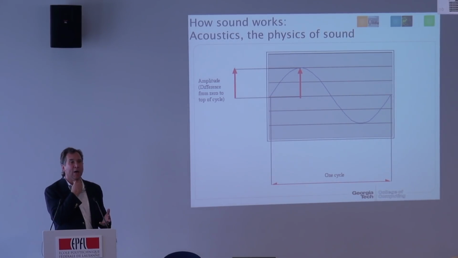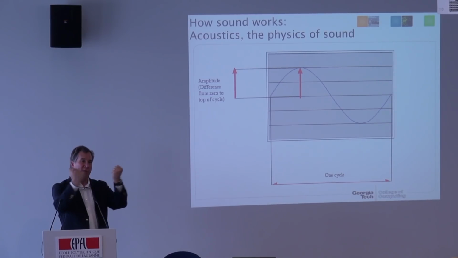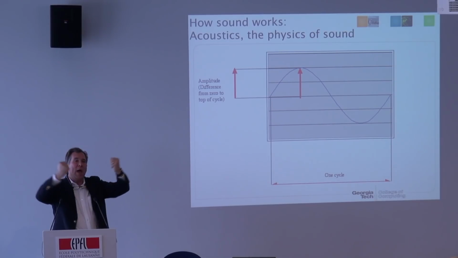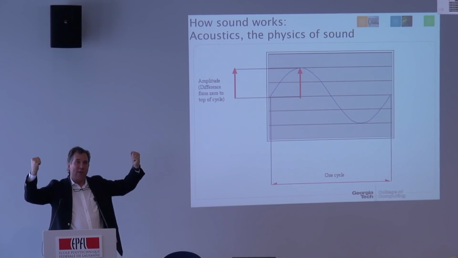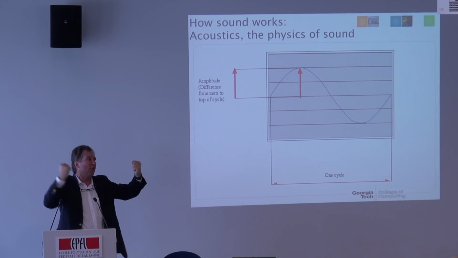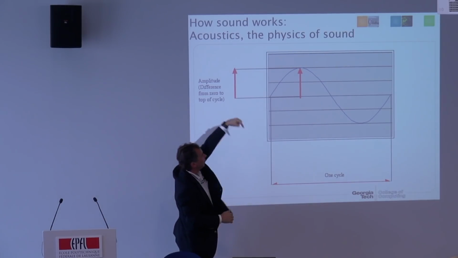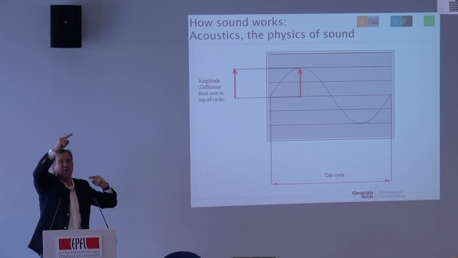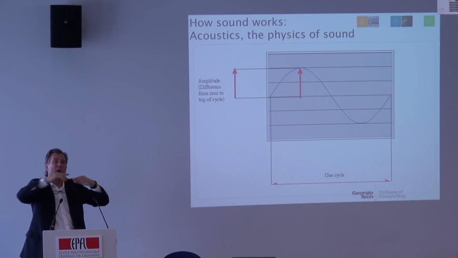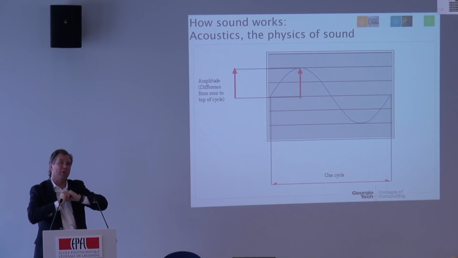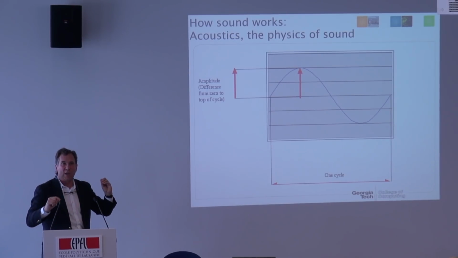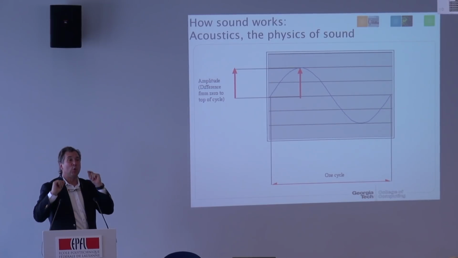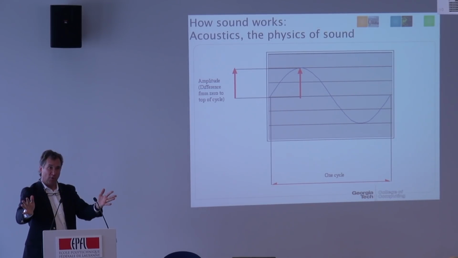Right now, my voice box is bouncing against air molecules, and the air molecules are elastic. They compress against one another, and then they decompress back out again. And that increase of air pressure and then decrease of air pressure, we can measure in terms of air pressure, and that's what gives us our sound waves. So when we increase the air pressure and then decrease and then come back to 0, that's one cycle, and we measure sound in terms of the number of cycles per second. So A above middle C is 440 cycles per second. And if you were really like my freshman, you are about asleep right now.